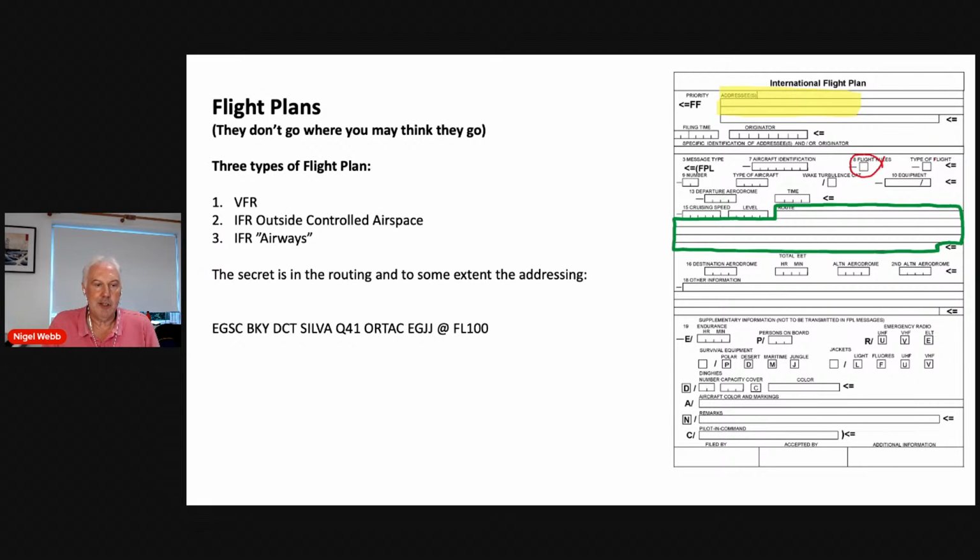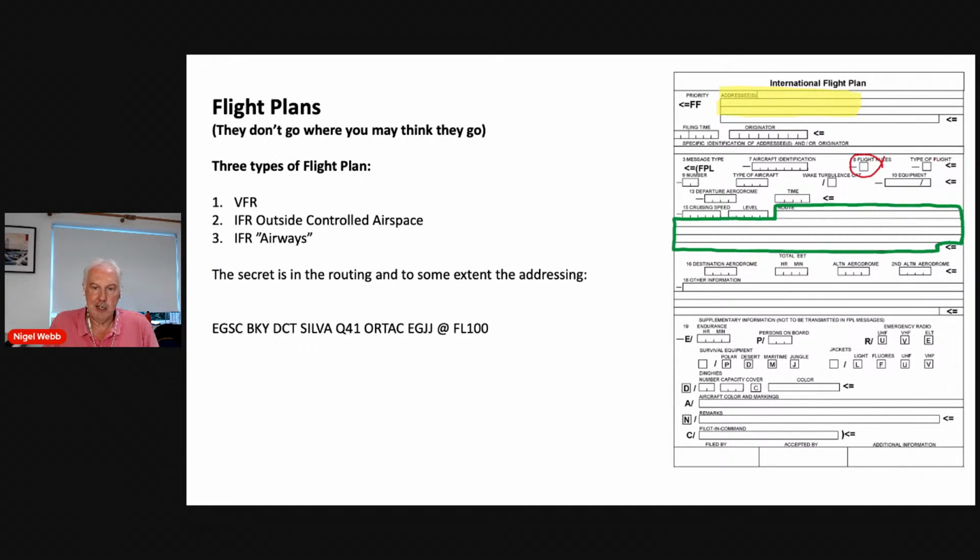So you feel like you should get special treatment, but you just don't. And that is unfortunate. It's the combination of the route you file, the level you file it at, and more particularly the addressees on the flight plan that determine how you're treated. So this is interesting because for many of you, and I guess there will be many of you who are using tools like SkyDemon, SkyDemon files flight plans for you and it automatically addresses in the way that I've described,